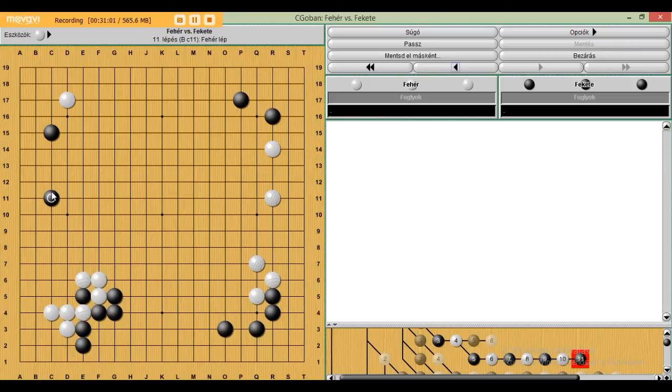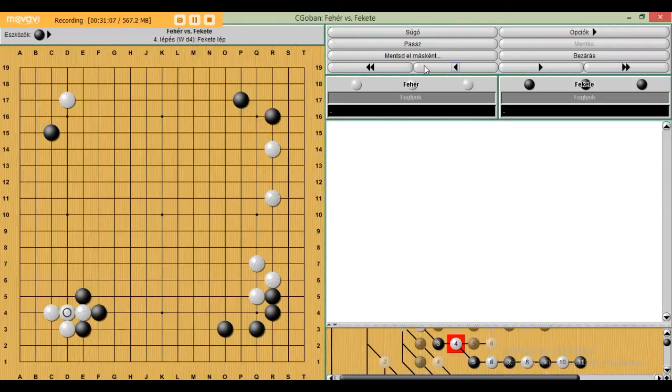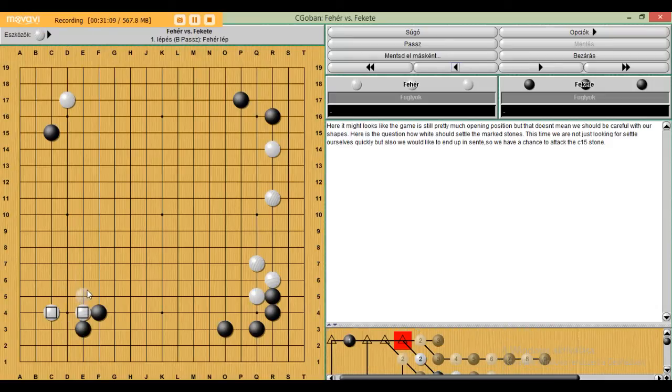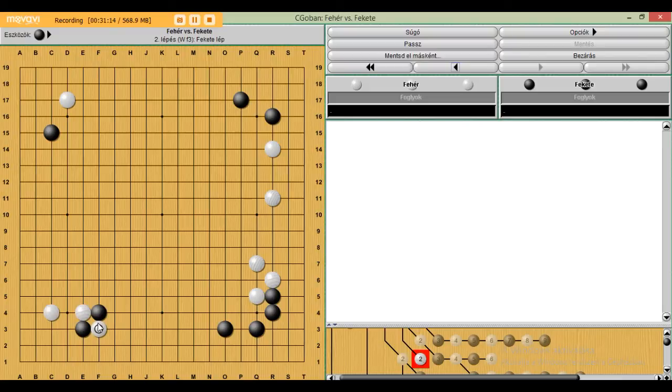Locally it might look fine, globally actually it's not good enough. So what else is left for white? This time we need to play this crosscut, and the aim here is that we are not afraid to sacrifice